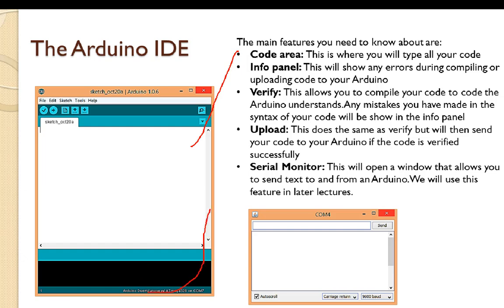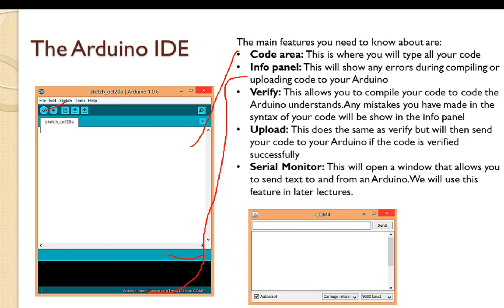This is our information area, this and this both. This will show us whether it is uploading or compiling. I will be showing you with an example.